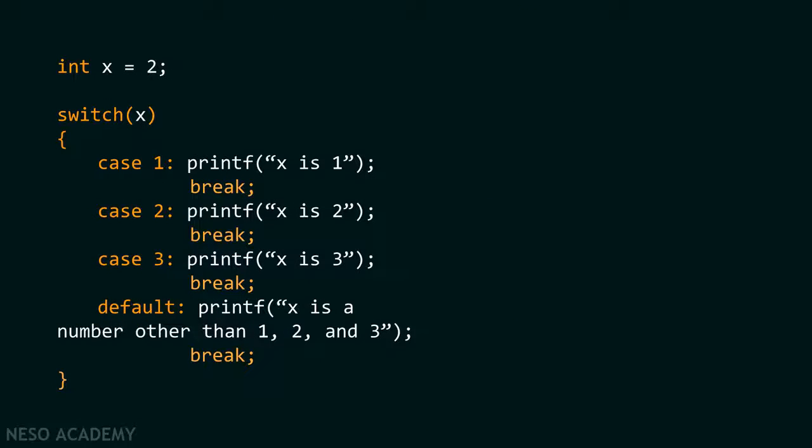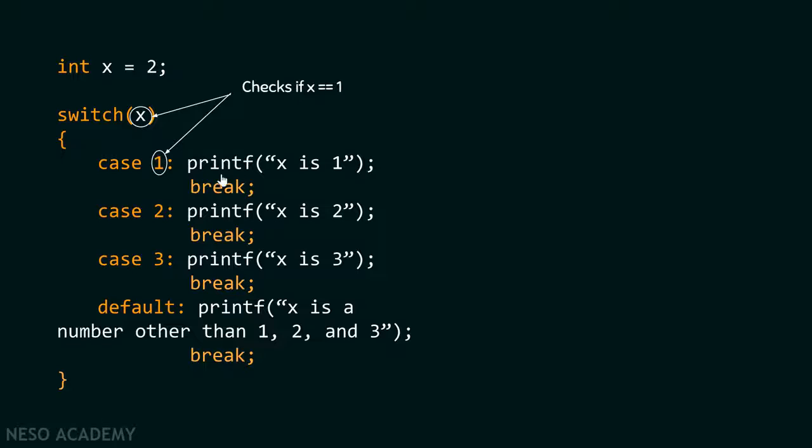First, it checks if x is equals to 1 or not. That means whatever is there inside the switch is going to get compared with label 1. This is case label. Please note down that all the cases are checked from top to bottom, that is this case is checked first and then this case is checked and then this case is checked. It first checks if x is equals to 1 or not.